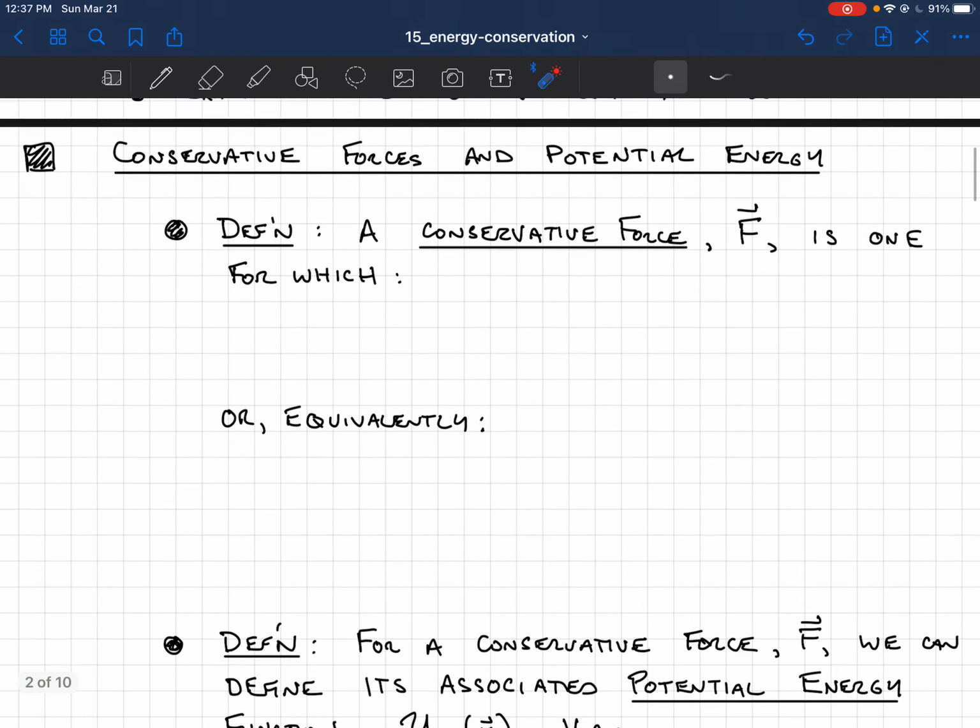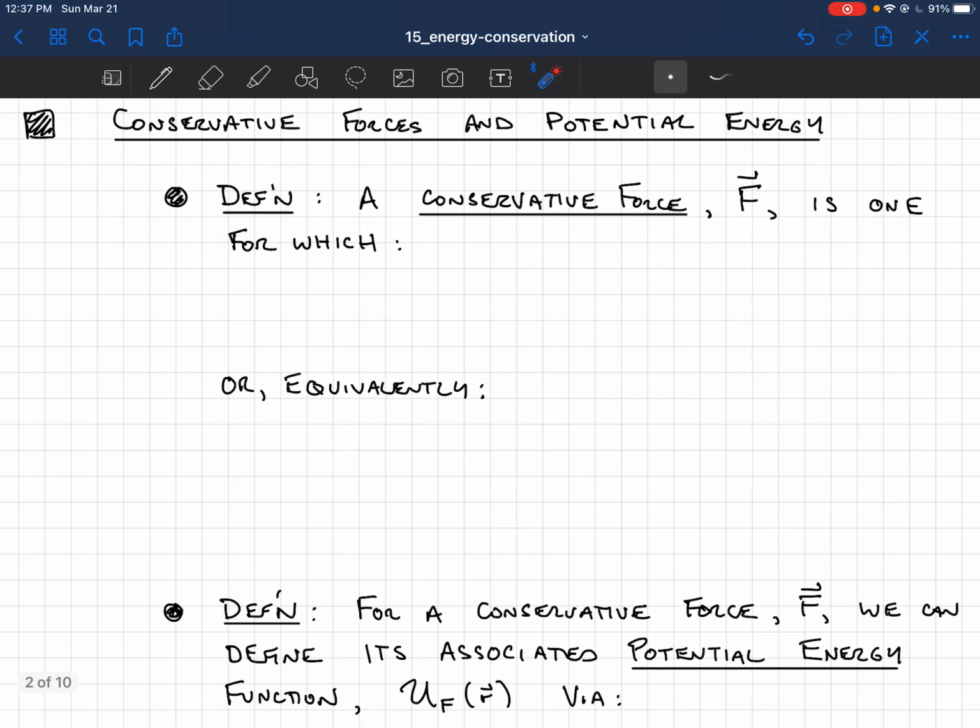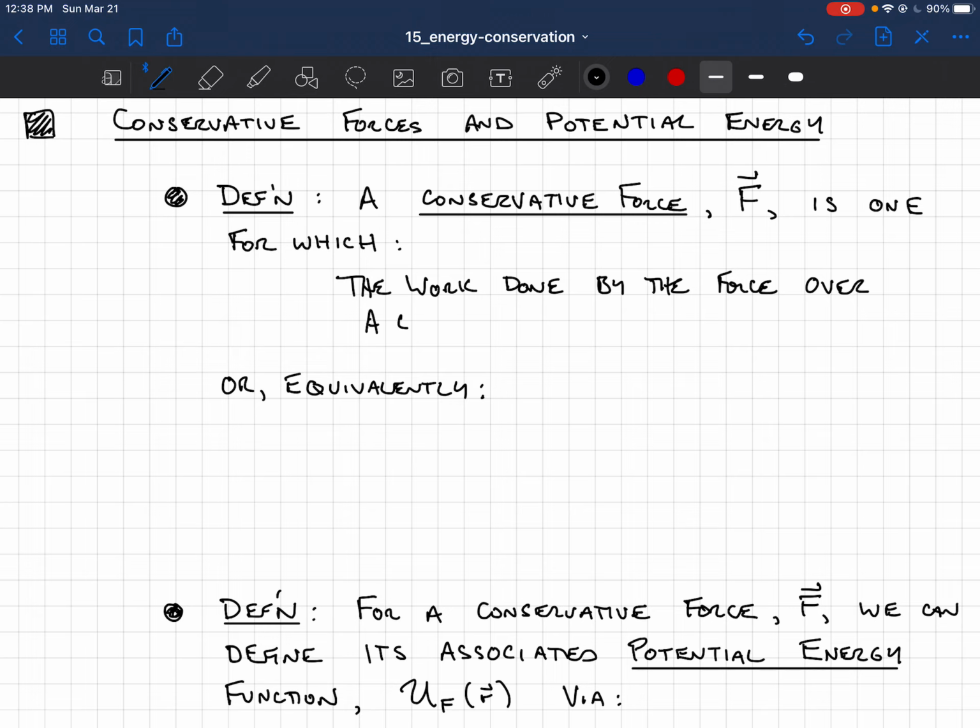Okay, so let's talk about conservative forces. A conservative force, and this is just a definition, is a force for which the work done by the force over a closed loop path is zero. So we talked last time about what work is, and the idea is that if you